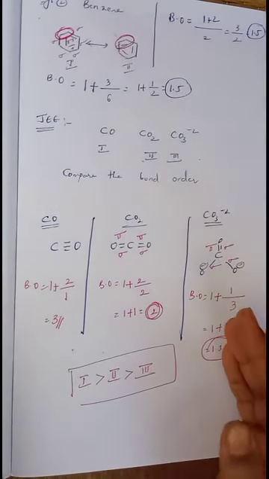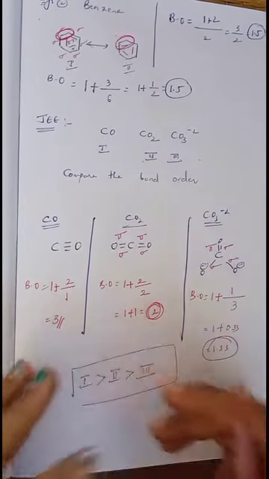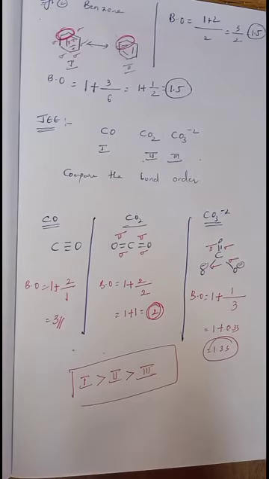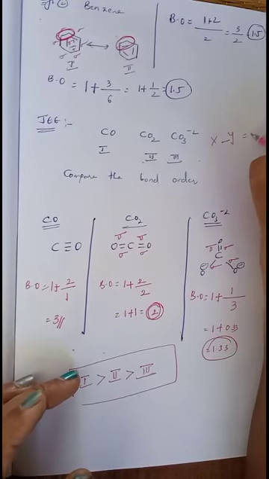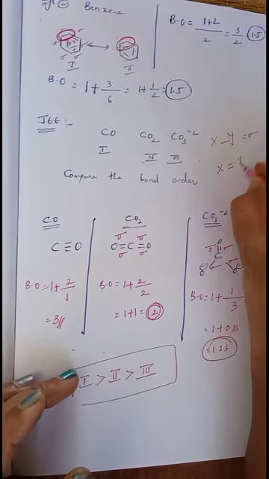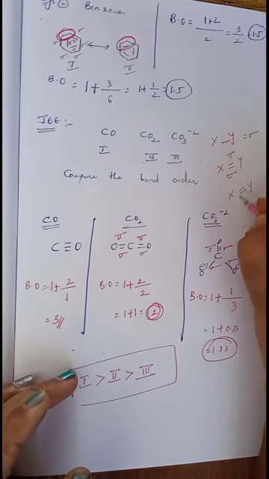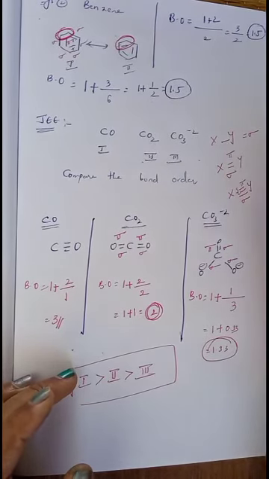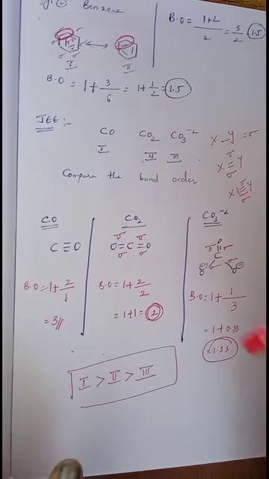In this manner we can easily find out the bond order. First you need to know how to find the number of sigma bonds and pi bonds. If you know the number of sigma bonds and pi bonds, based on that we can easily find the bond order. If a single bond is present between any two atoms, that is compulsorily a sigma bond. If a double bond is present between any two atoms, one is a sigma bond and the other is a pi bond. If a triple bond is present between any two atoms, only one is a sigma bond and the other 2 are pi bonds. Like this we can easily find the number of sigma bonds and pi bonds. Based on this concept we can easily find the bond order for a molecule containing more than 20 electrons.